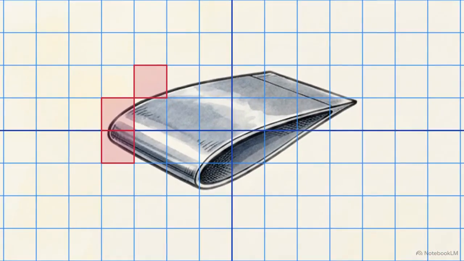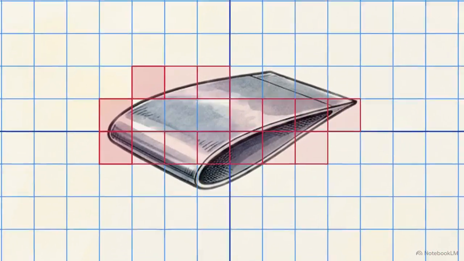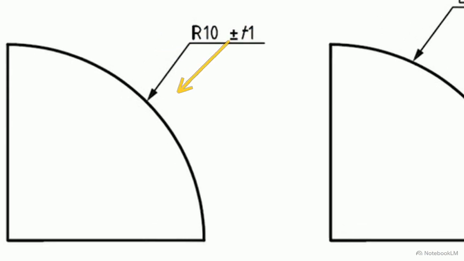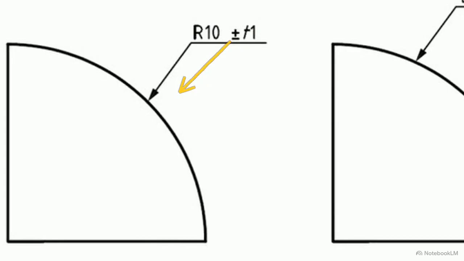When an engineer needs to control swept surfaces, aerodynamic contours, or ergonomic shapes, a simple plus or minus tolerance falls short. This chart shows an ambiguous radius tolerance. A callout of R10 plus or minus 1 creates a mathematically poorly defined boundary. The physical surface can wave, flatten, or bulge unpredictably within that limit, resulting in a non-uniform tolerance zone failing to